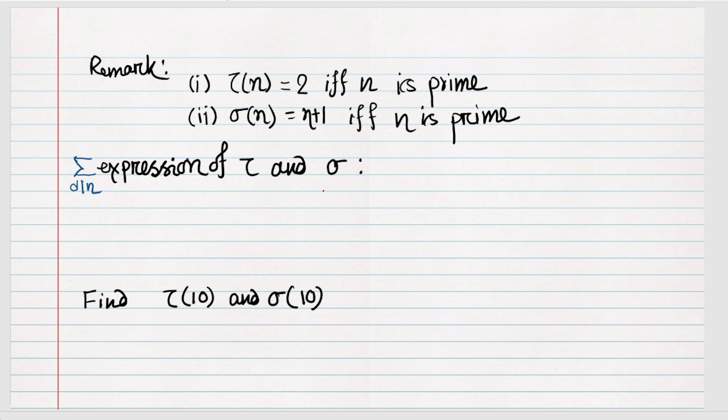If we think that the summation over d dividing n of f of d denotes the sum of the values of the function f at d, as d runs over all the positive divisors of the positive integer n. We already take that n is a positive integer, that means n belongs to Z plus. That means the formula of tau of n in terms of the summation over d dividing n of f of d